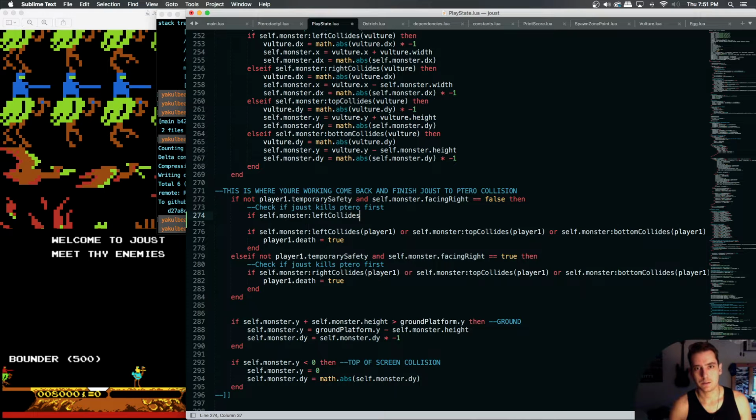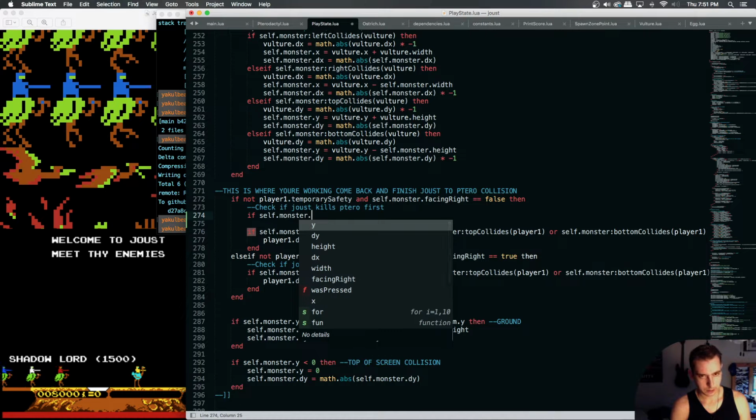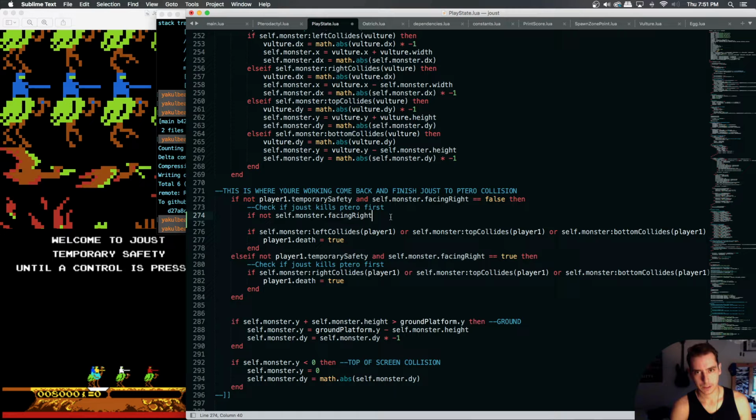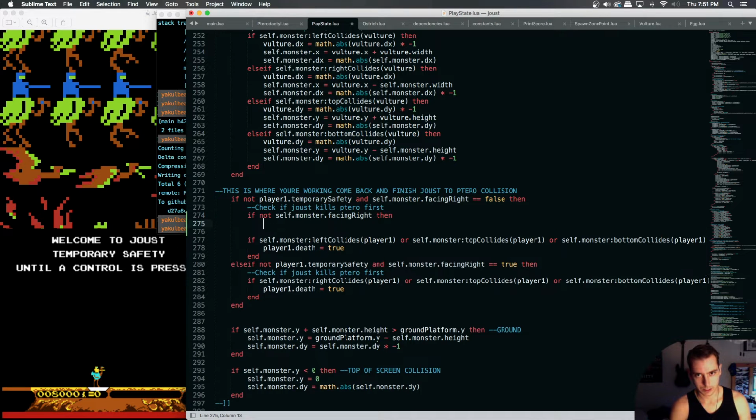Well, okay, so we actually need something. We need to check if monster is facing left. If monster is facing left, then we need to check